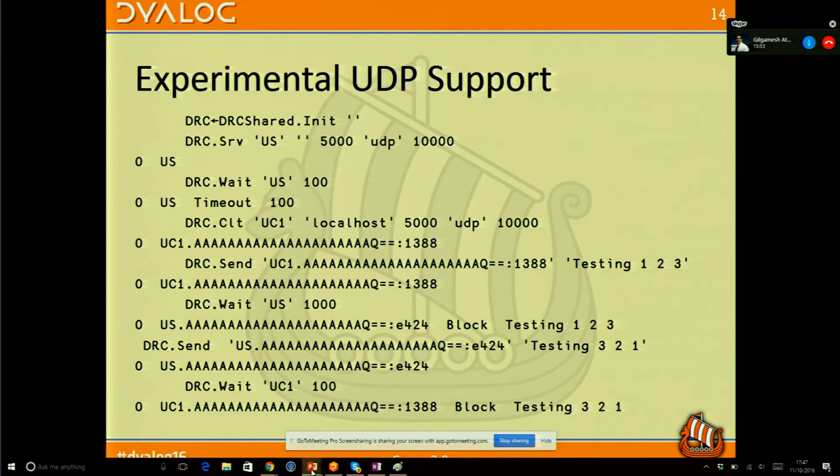The UDP support, I just got this slide half an hour ago. I didn't have time to look at it. But basically, this is really for Thomas. We're doing this for Thomas, and he's not here to appreciate it. He needs this for his gaming servers and stuff. So he can do this broadcasting of where all the players in his multiplayer game are.